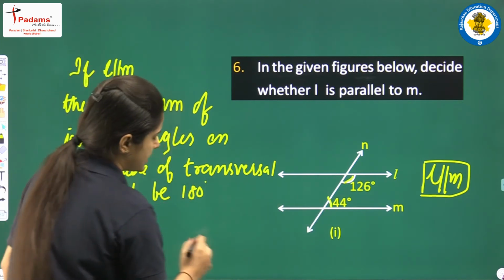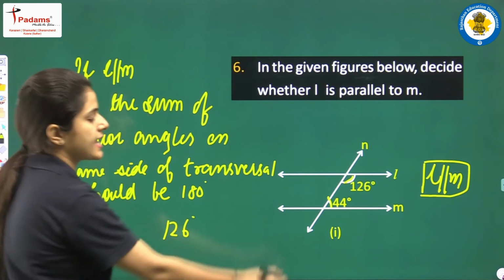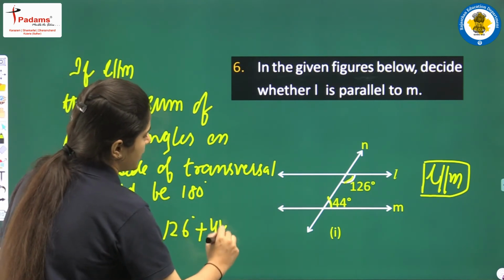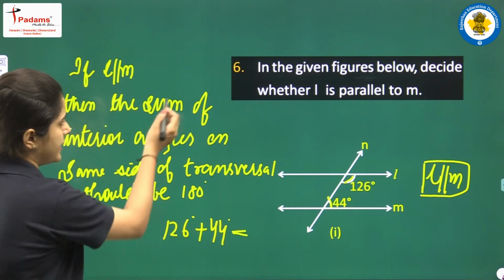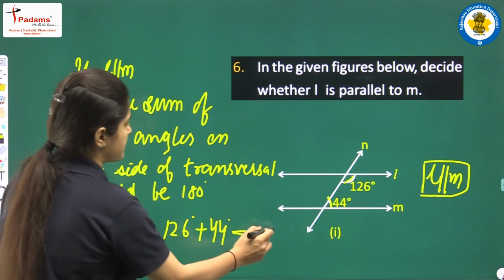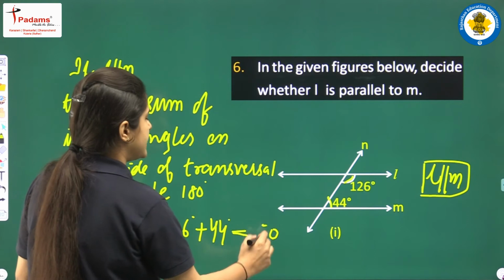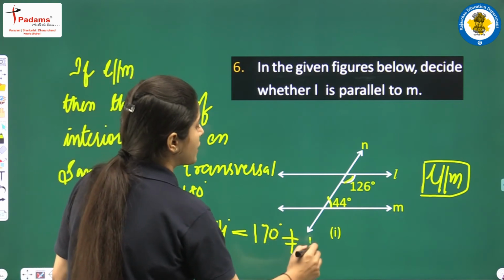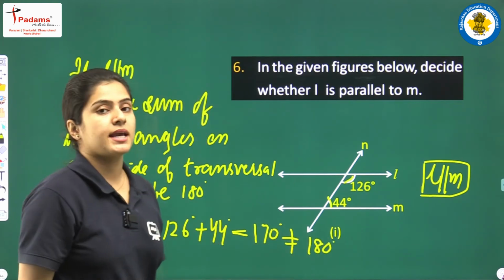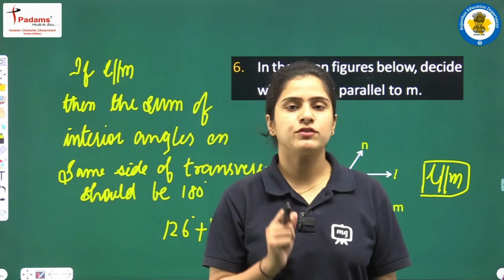Have a look, students, this is angle 126 and this is 44. Check whether the sum of these is 180 degrees or not. This is 170 degrees, which is not equal to 180 degrees, because we know that if these two lines were